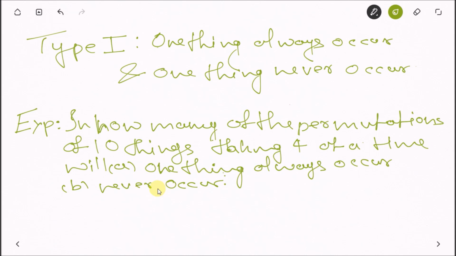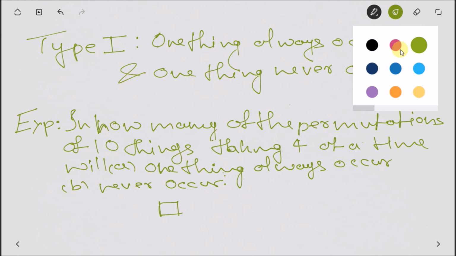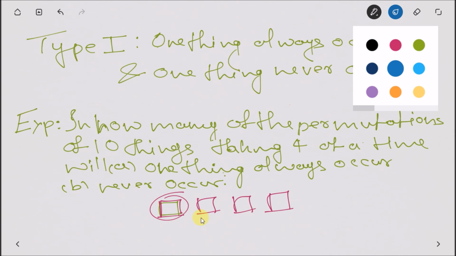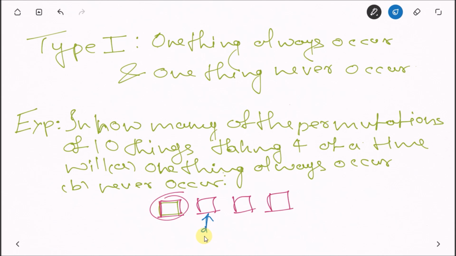There are four seats and 10 people, and one seat is reserved for him. So there are three seats left, and nine people. Nine options can be here, then eight options, then seven. So the answer will become 9 into 8 into 7,